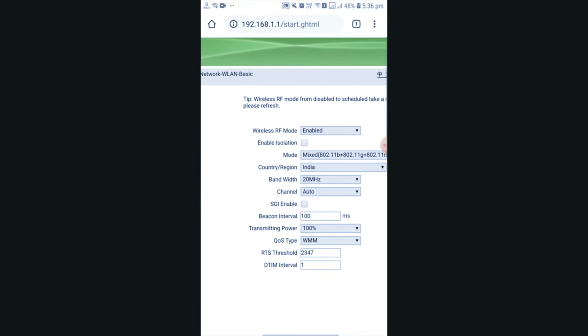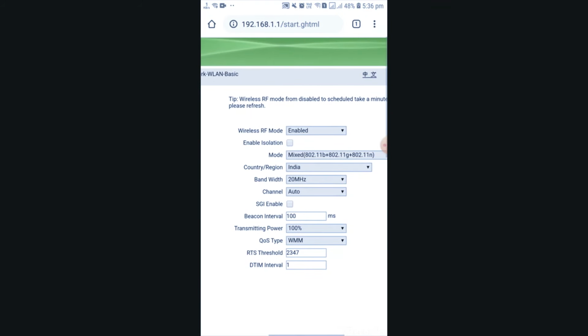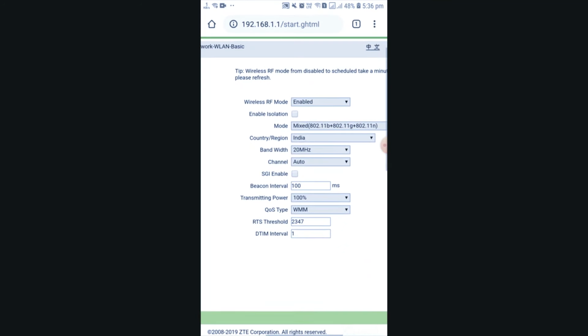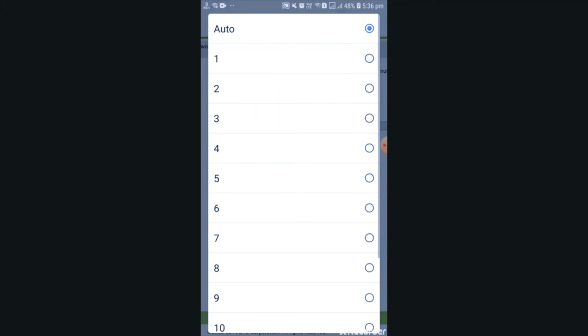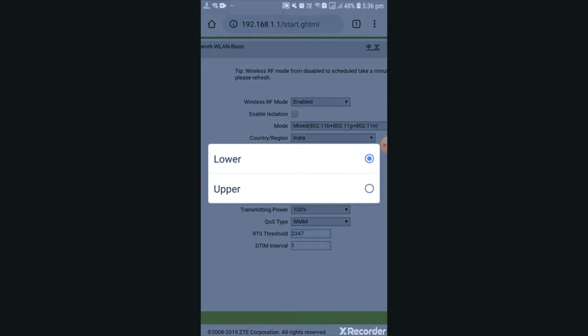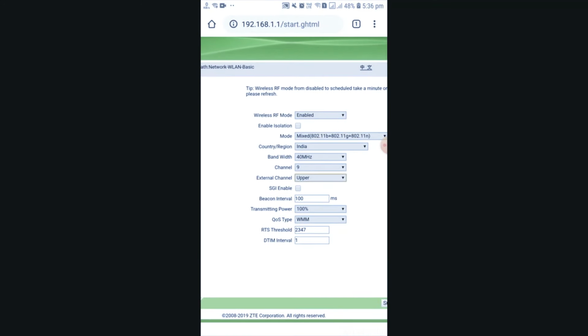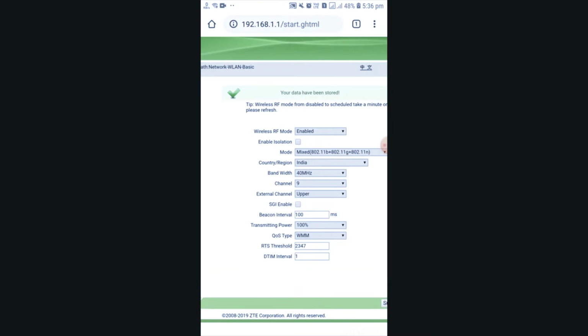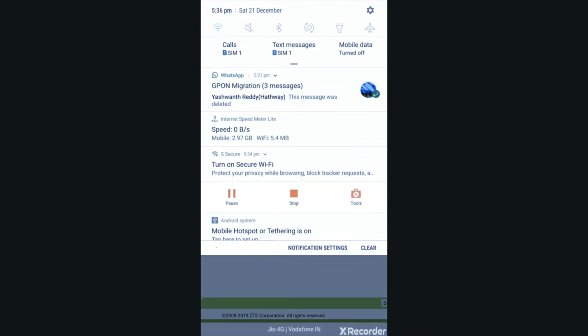Here the configuration should be like this: if you have any speed issue or you are not getting range, you need to change the bandwidth to 40 megahertz, and channel 9 will support all devices, old and new, and the external channel should be upper. After you press submit, it will disconnect. Again you have to connect.